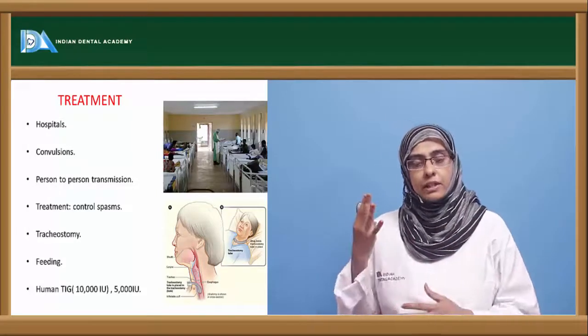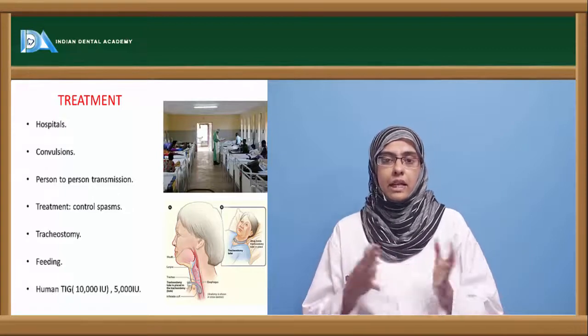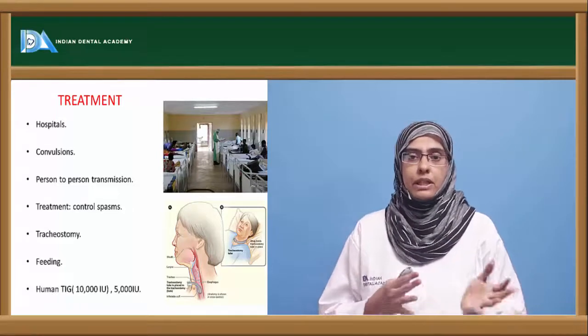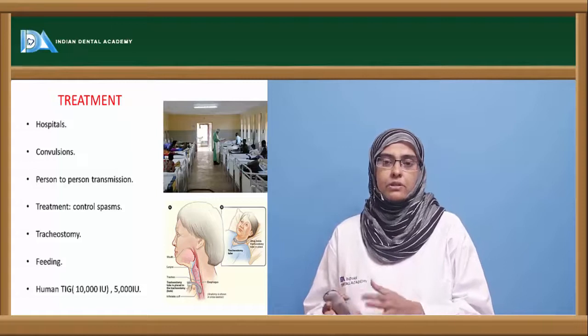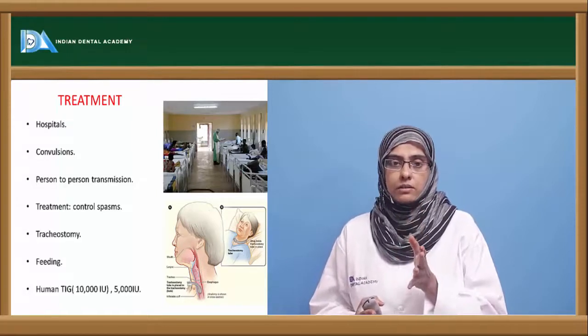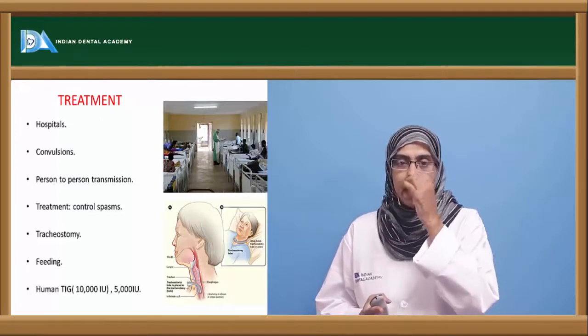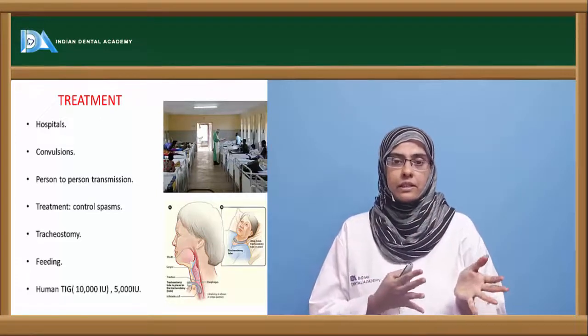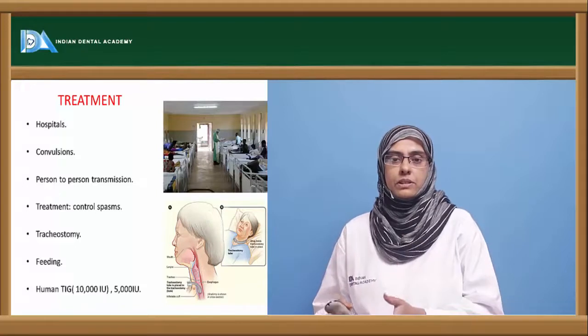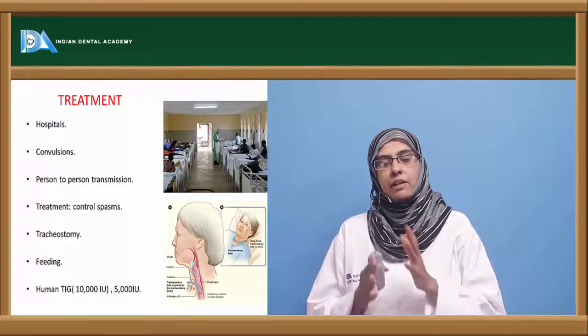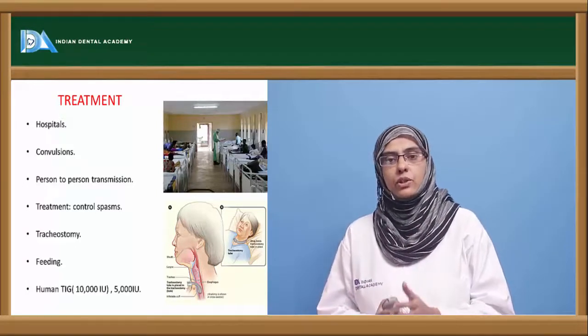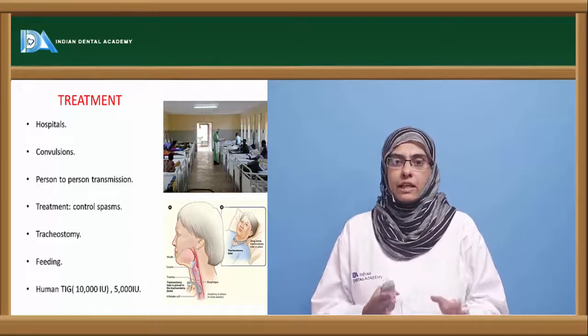People have one thing in mind, that this disease is highly transmissible and usually gets transmitted by contact. But it is not the case that the disease is transferred from person to person, and the organism cannot get transmitted from person to person. So, in order to just prevent the increasing convulsion patterns, you have to isolate the person and treat them in